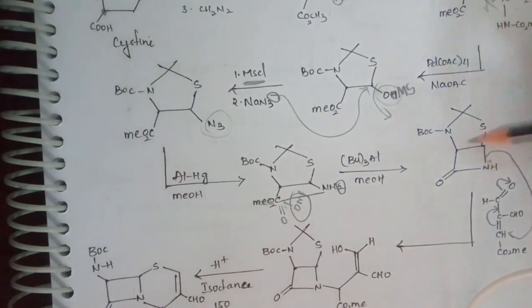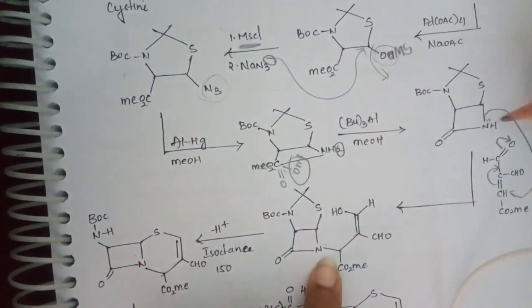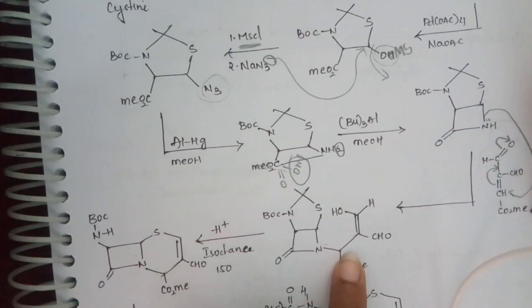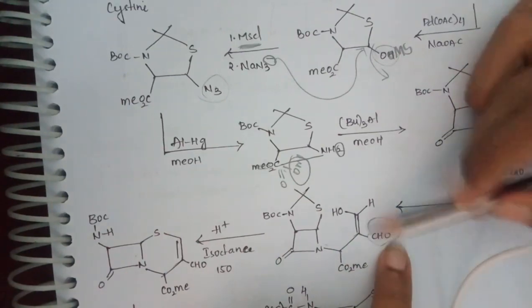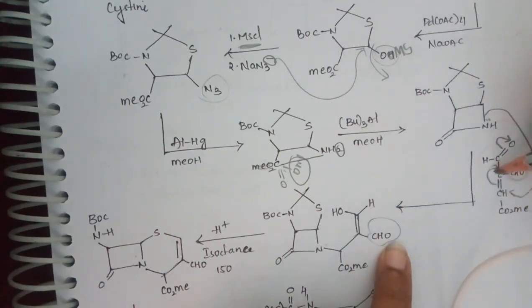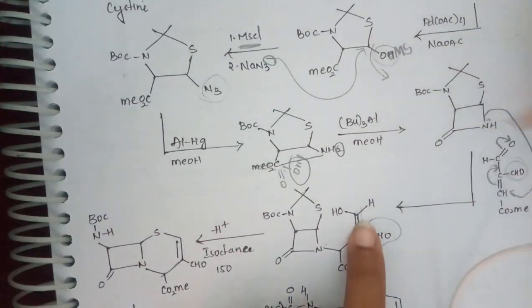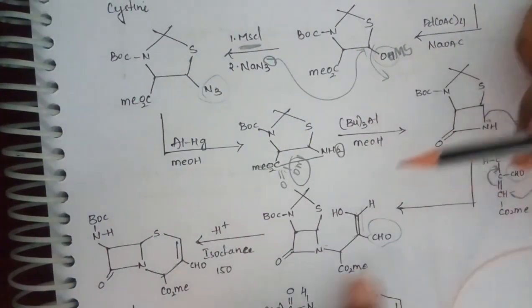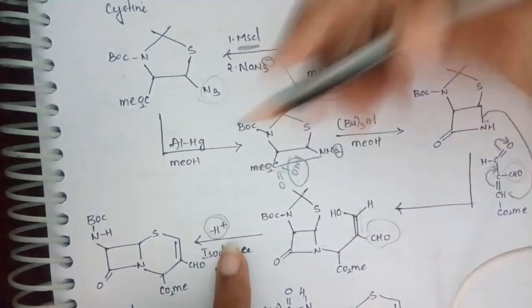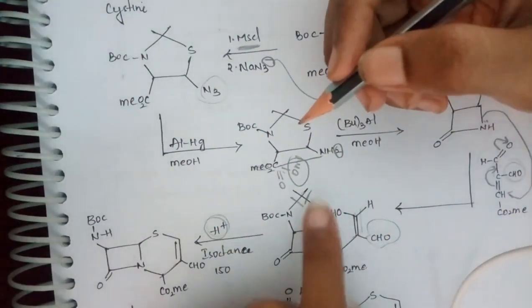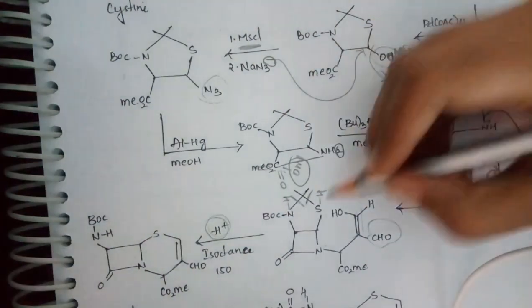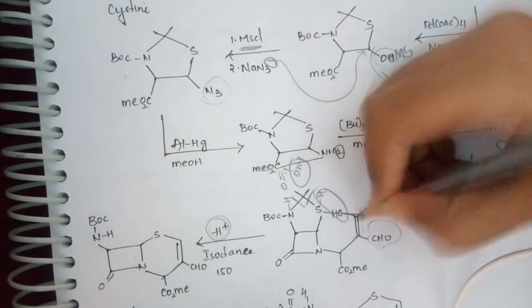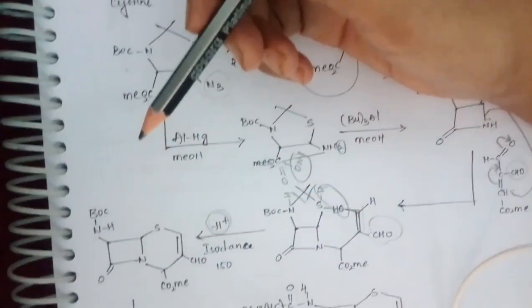So here you have nitrogen, attached to a carbon having CO2Me, and this double bond is shifted, meaning here you have a single bond. Later, as it is shifted, here you will get a double bond, and here you will have OH. For this I am treating with H plus. When I treat with H plus in acidic medium, this protected ester is cleaved. Here you will have H, here you will have H. Removal of water takes place and you will get a bond between these both.